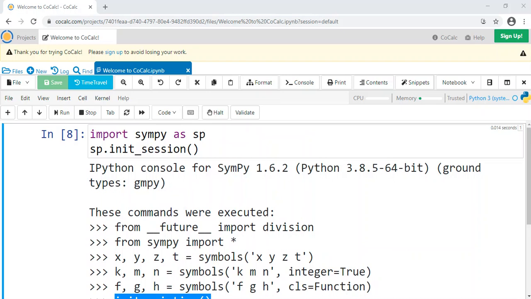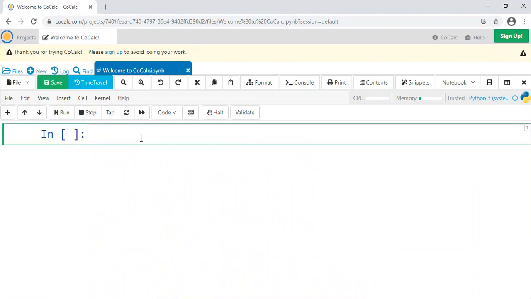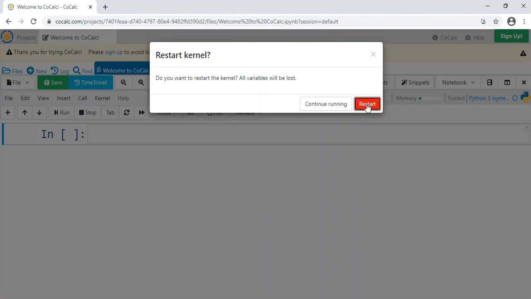So I'm just going to delete everything and restart the kernel again so that we can start. I believe this will be the last time we restart the kernel in this session. I know we've been doing that a lot, but I wanted to show you different ways to import SymPy, and I don't want it to get angry with me. So I'm going to restart the kernel one last time, and then we'll start completely afresh.